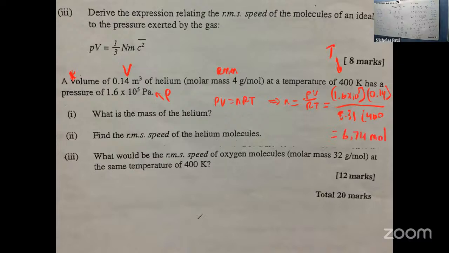Right, and then the mass is the number of moles, for the chemistry people who are not doing chemistry, right? Mass is equal to number of moles multiplied by RMM, grams per mole. RMM is the grams per mole. They give it out here. So it's 6.7 multiplied by 4, which is how much? 27, right? You can't say R because R is